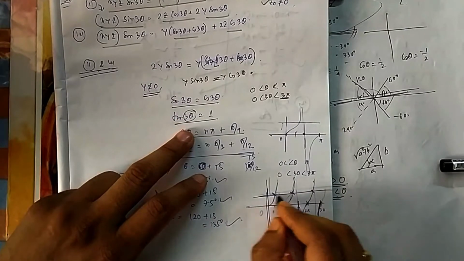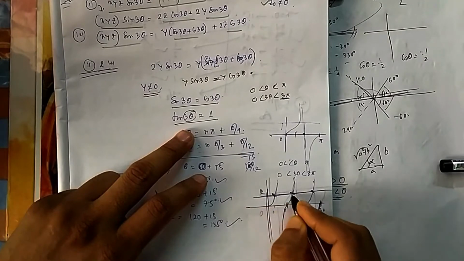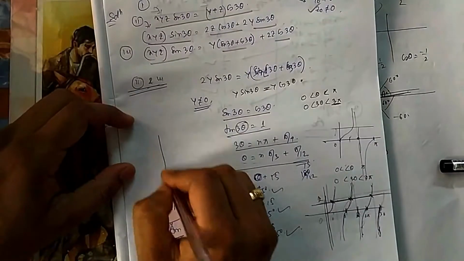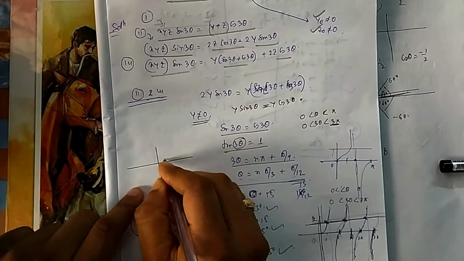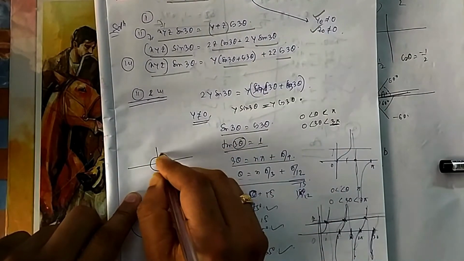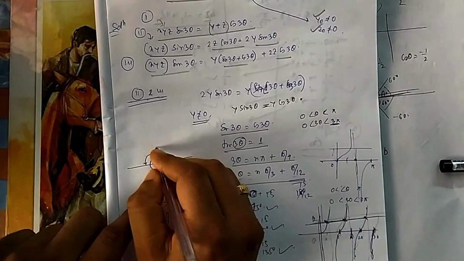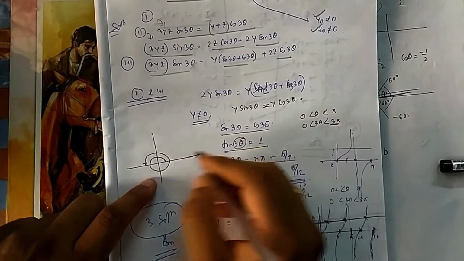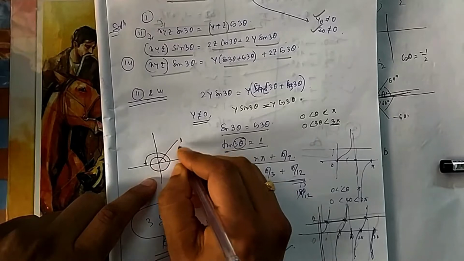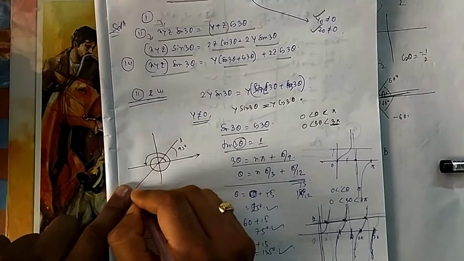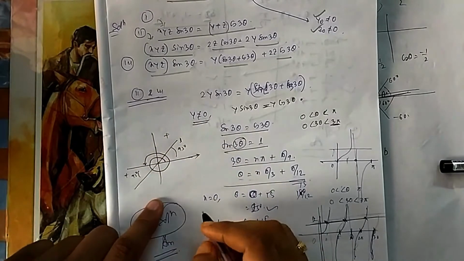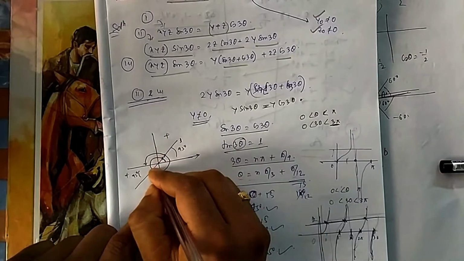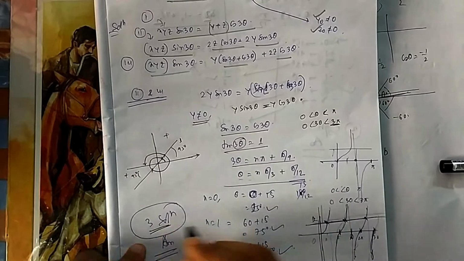So from that, this is the limit. So how many times will it cut? 3 times. Or you can draw it in this way also. Your angle 3 theta should be up to 3 pi. That means you can rotate 1 full and you can rotate half. This is the rotation of 3 pi. Okay, and tan is 1. Here it will get 1 when it is 45, and here also it will get 1 when it is 45, because tan is positive here and here. So how many solutions do you have? 1, 2, 3. It cuts in 3 areas, so 3 solutions.